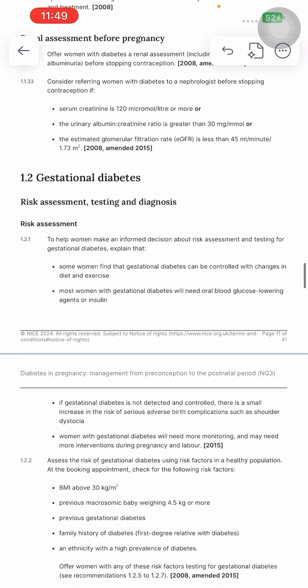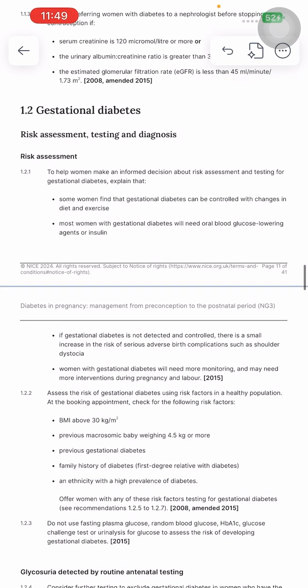Then we have to start with gestational diabetes mellitus. Risk assessment, testing and diagnosis. Risk assessment: in gestational diabetes, you have to assess the risk factors. In Asian women, at an antenatal appointment, because in Pakistan the incidence of diabetes is high and the patients are young, they recommend that